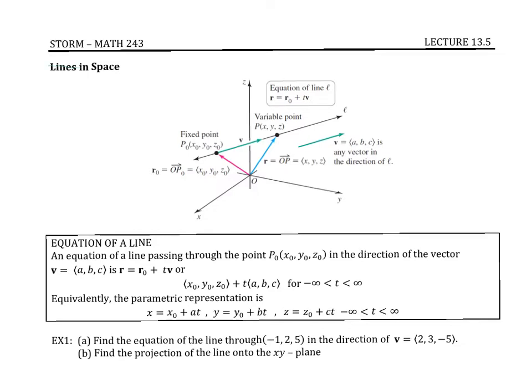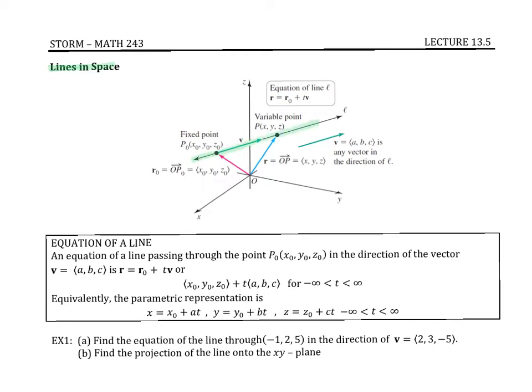So let's go ahead and look at lines in space. When we describe a line in space, now this is in three-dimensional space, we need an x, a y, and a z coordinate because we're in three-dimensional space. And typically to describe a line, you need a point on the line and you need its slope. Well, that's easy to do with vectors because let's look at this line here,